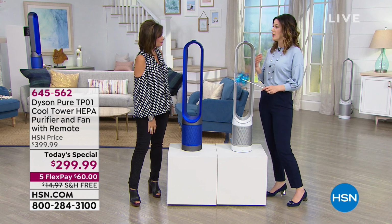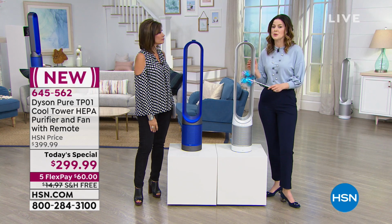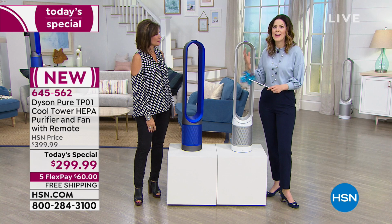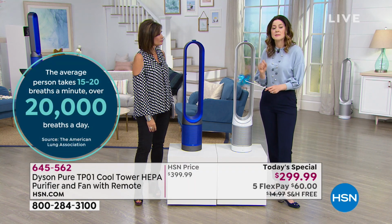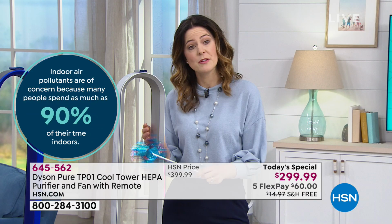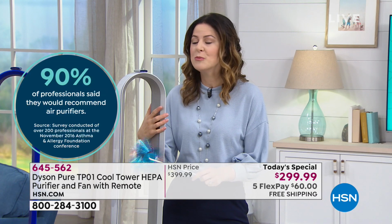We always talk about healthy eating, exercising, but we found out from the Lung Association that you take about 15 to 20 breaths a minute, which is over 20,000 breaths a day. I mean, I can't think of something else I do more every single day. And now, when they did a study at an asthma and allergy conference, 90% of those professionals recommended having an air purifier, and most of them said that you should have HEPA filtration. Did you say 90%? 90% of those professionals, air purification,